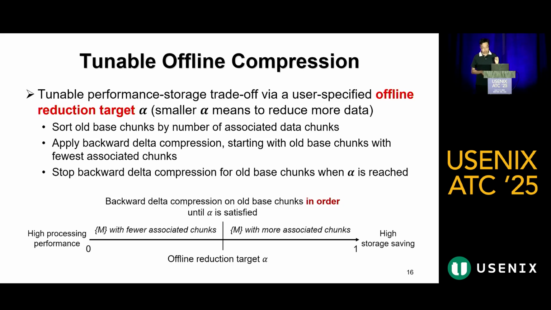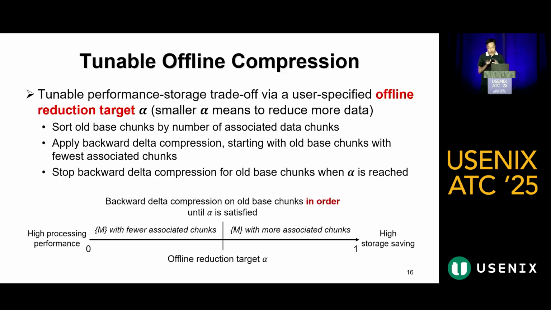So we have a user-specified offline reduction target alpha, where alpha basically means the percentage of physical space after the delta compression. So smaller alpha means to reduce more data. Given an alpha, first of all, we sort all base chunks by the number of associated data chunks, and then we start with the old base chunks with the fewest associated chunks and apply backward delta